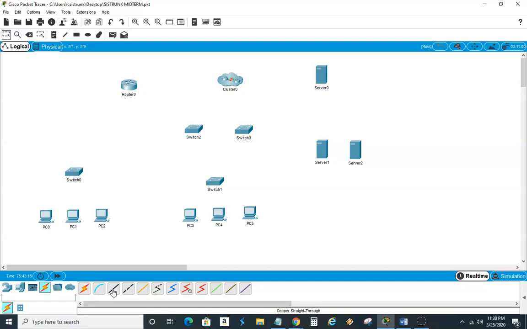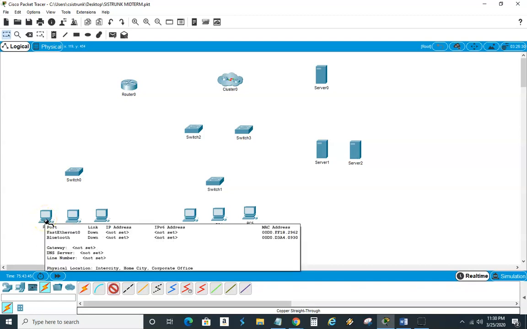Now the first question that I'm going to throw out there so you can answer it inside of my YouTube page: what level am I on when I'm doing this particular cabling as far as the OSI model goes? Now we know we use the 7 layers of the OSI model. When I'm doing cabling, first one comes, first one served. What level am I on? Okay, let me see who's going to answer that question. So I'm going to click on here, and then I'm going to go to PC 0.